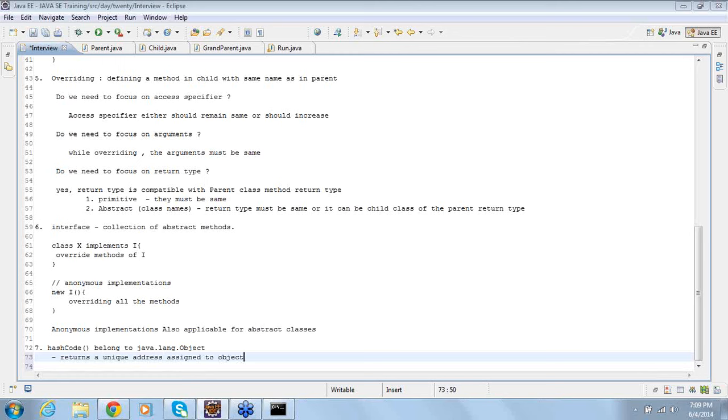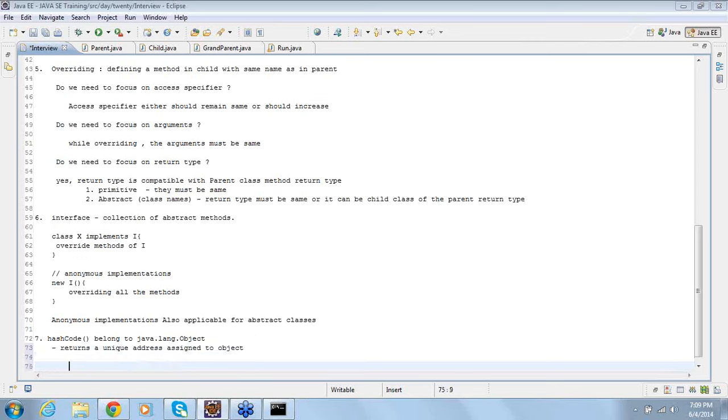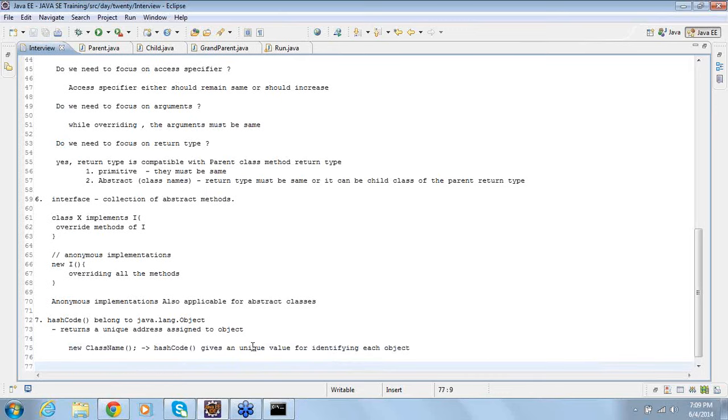So whenever we use the new operator to create an object of the class, the hashCode method gives a unique code, a unique numeric value, for identifying each object.